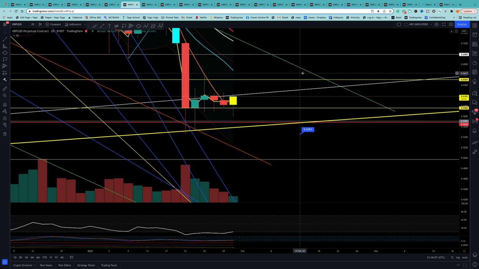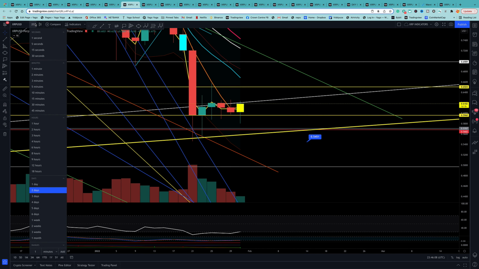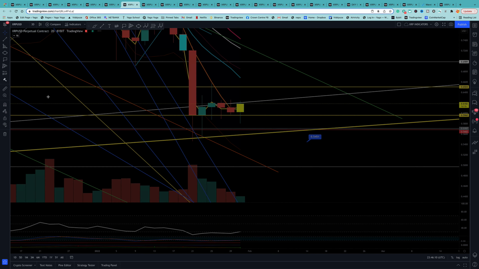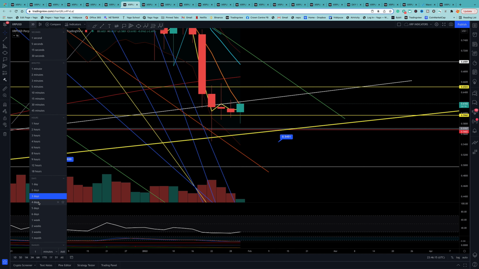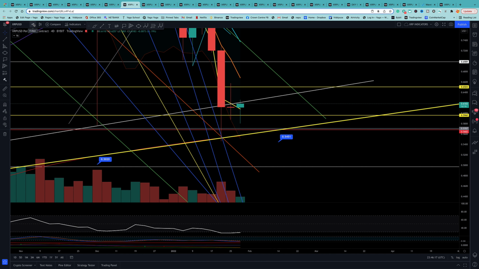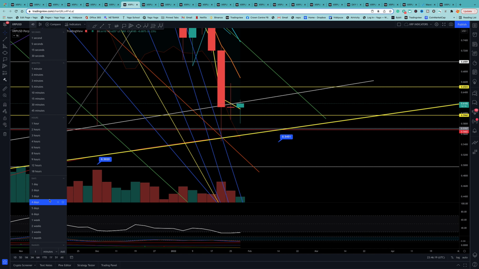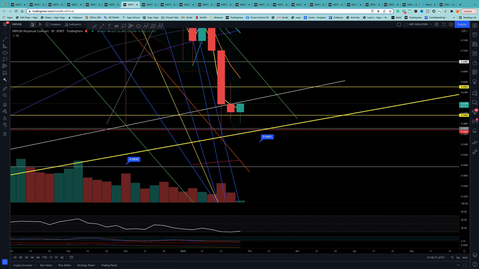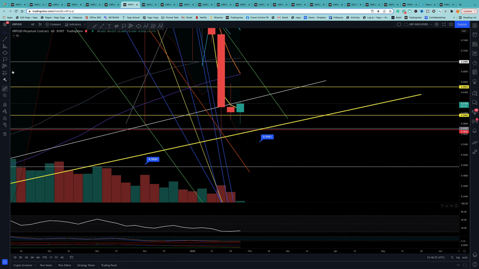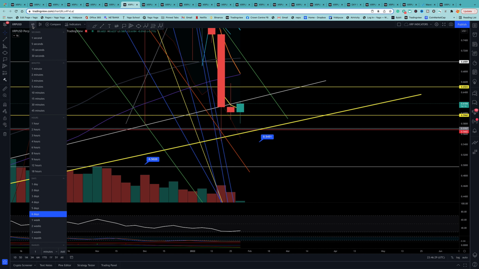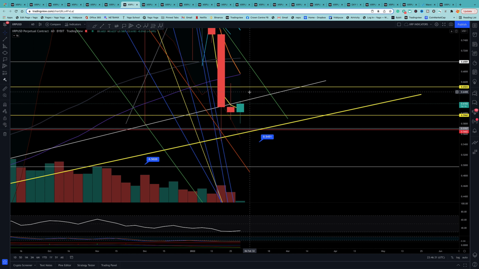And then here's the 2-day. That's going the 3-day. I'm just flicking through these. 4-day. Okay. So yeah, that was a